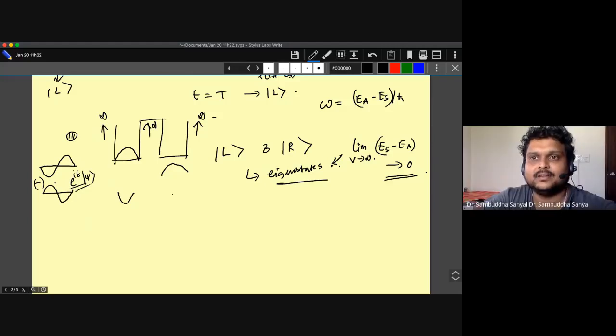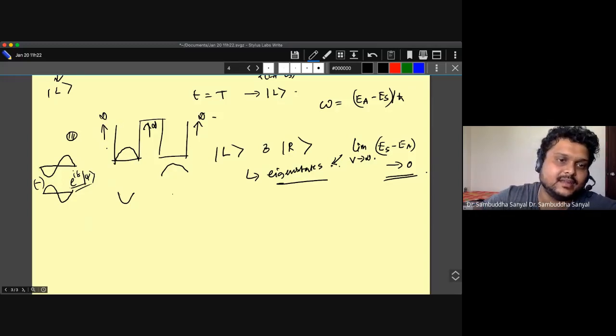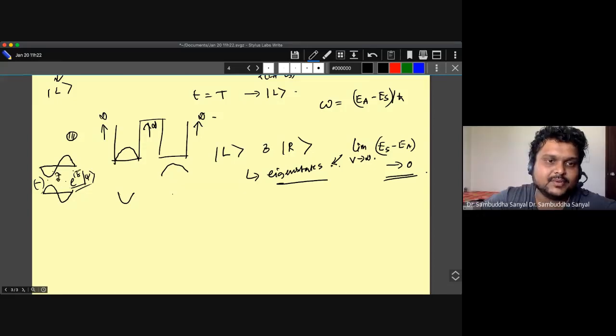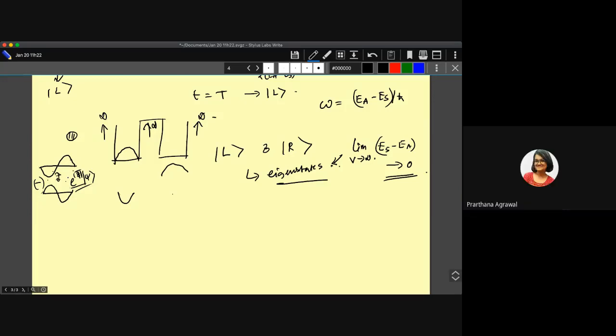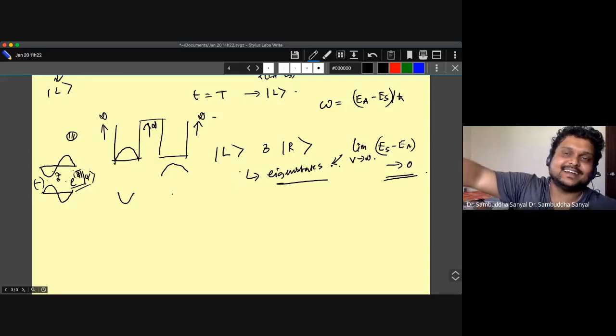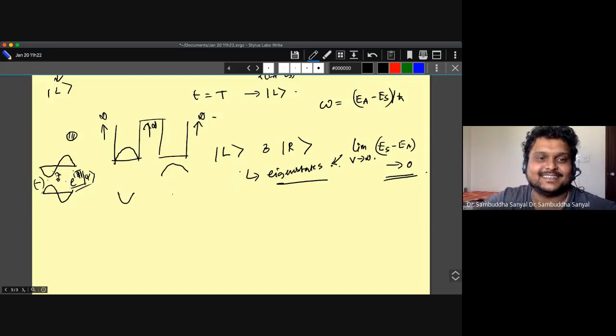No, they don't choose a particular form. Both these forms are the same because they are the same states. Whether you have a peak first or the peak is in the later half, these two states differ by a minus sign, right? So they differ by an e to the power i pi phase. But since the states are rays, two states which differ by a phase are not different. They are the same thing. So you can draw either. Either is right. Make sense? Yes, sir. That is why I told you at that point of time, the answer is in the third or fourth lecture, where I said these states are rays.